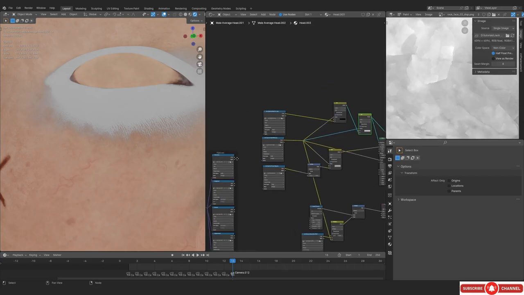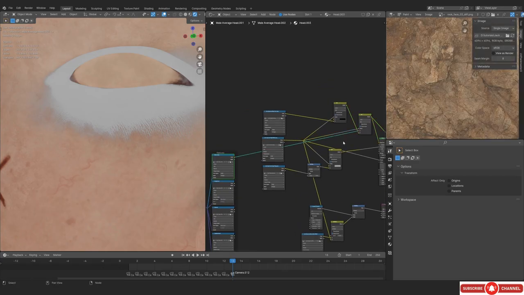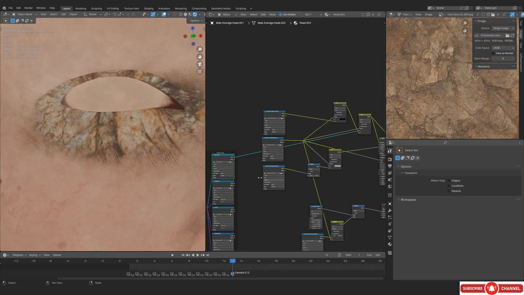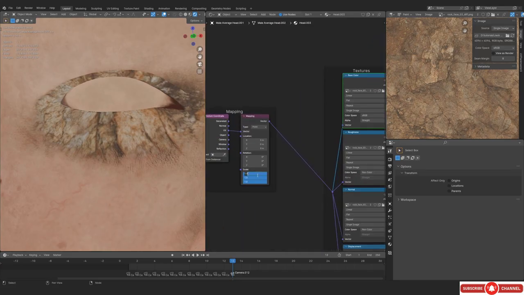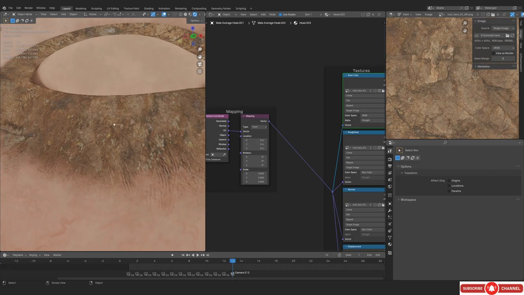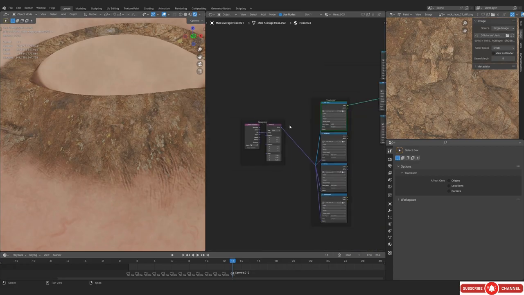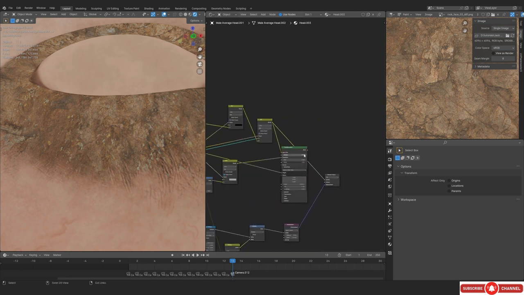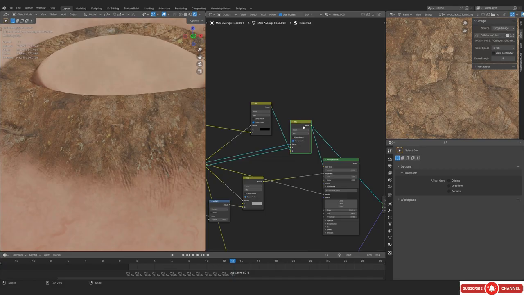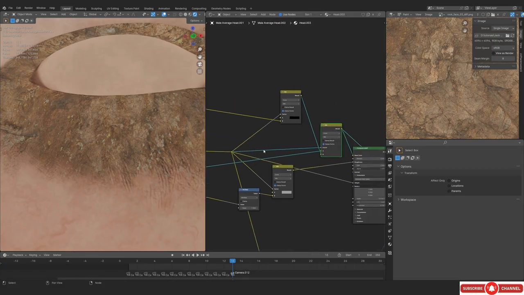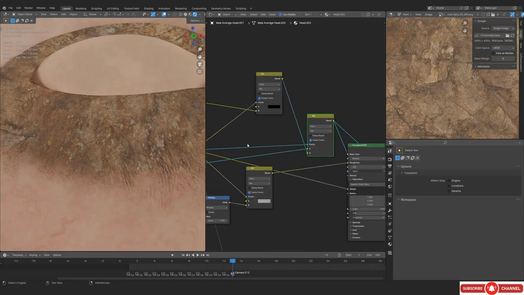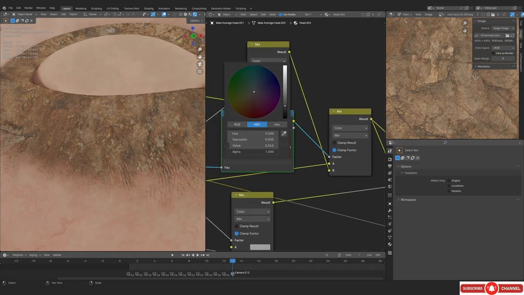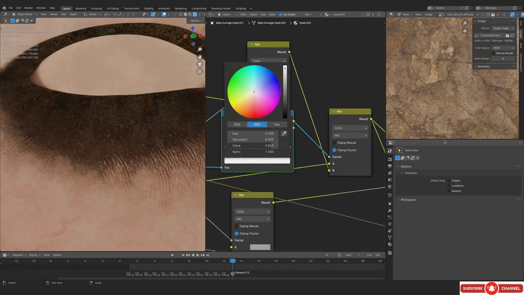So whatever color I put in this particular socket, it's going to get replaced, right? For example, this rock texture. So now we have this, right? And we need to definitely lower down the scale so that we can get more small details, right? So this is what we have, and we're going to have to make it a little bit black because that's the color of mascara. We cannot just let it be in color, not in color but in rock texture basically.